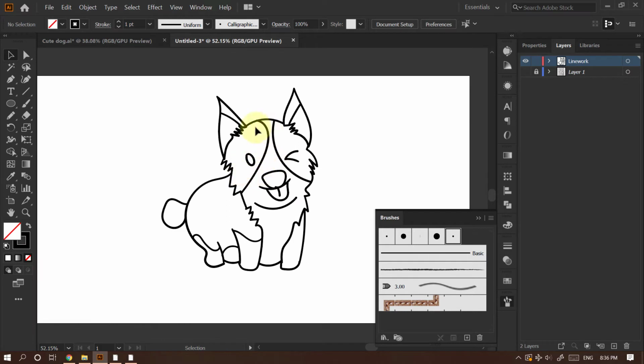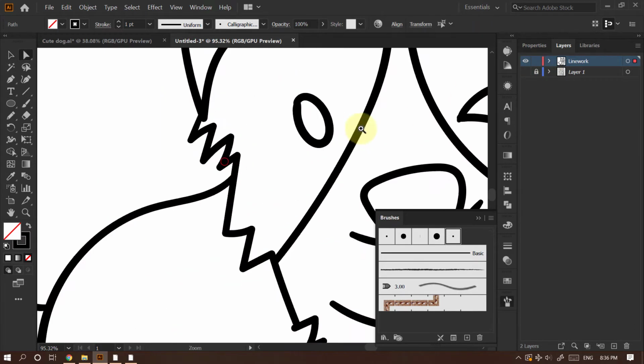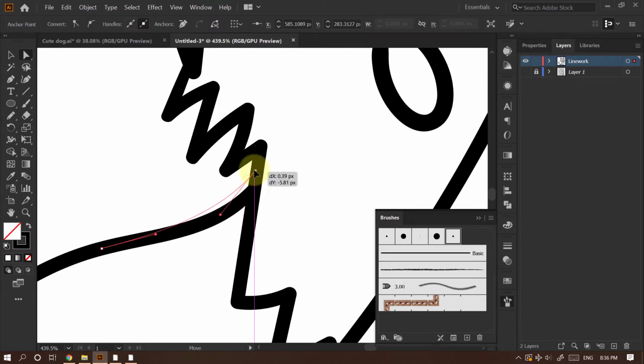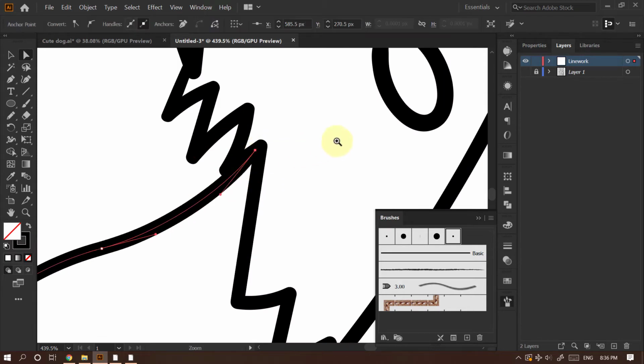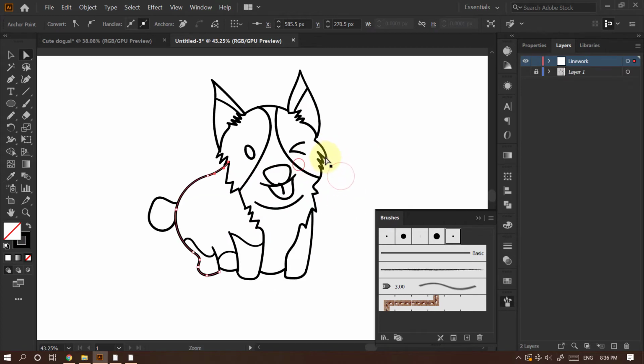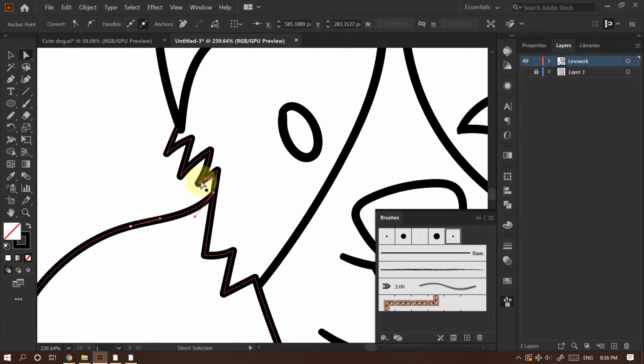Otherwise you can draw again on top of this sketch by selecting all and then locking this layer and creating a new layer and then drawing again if you find that your sketch is not perfect. In my case, I think it is perfect, or it is what I like.